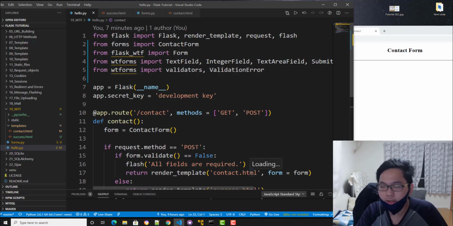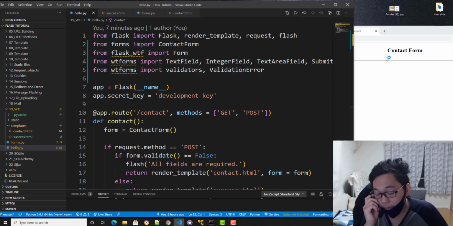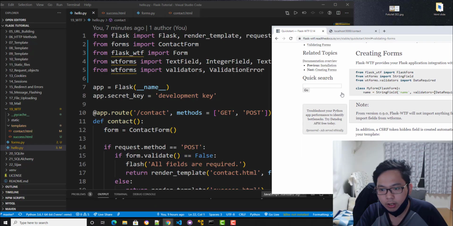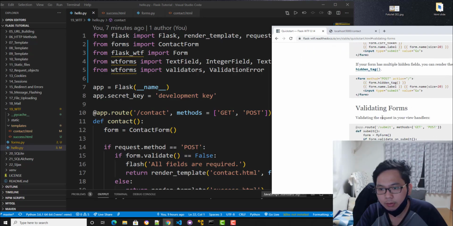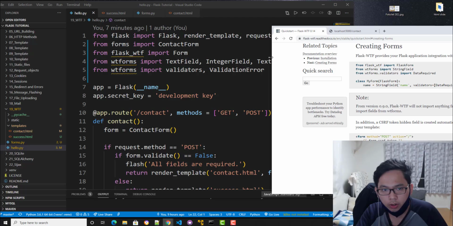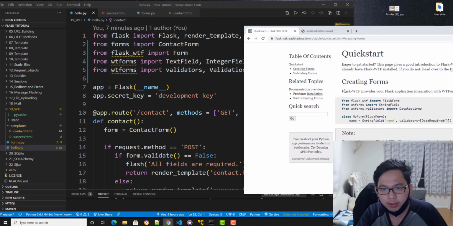The point of this video is that I'm explaining to you that this kind of extension exists. If I made a tutorial for WTF, it would take a lot of videos, so read the documentation for this. It's very straightforward, I'm not going to lie. They made a good tutorial for this on their official site.